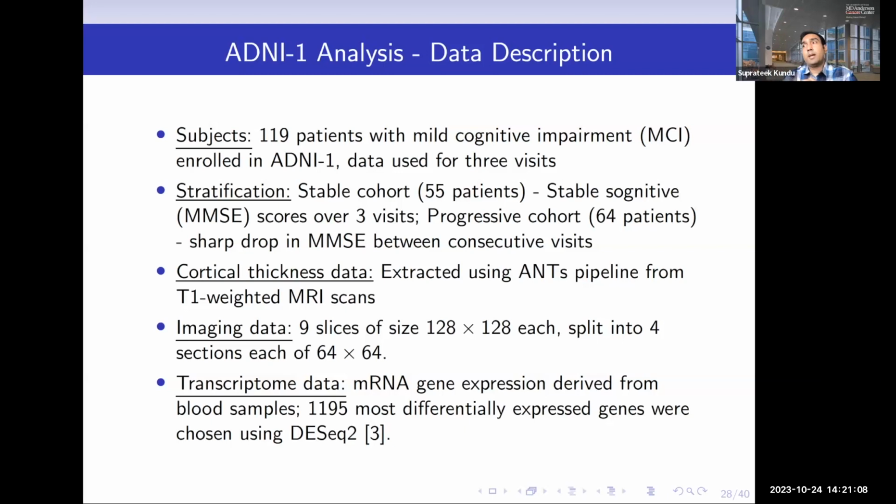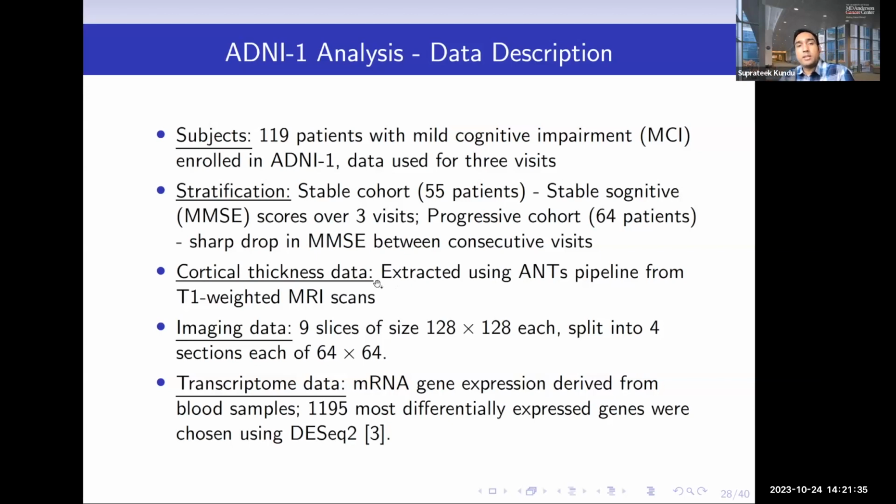And we figured that the imaging associations of these 2 cohorts would be different. And that is, in fact, what we also found in our analysis. What this tells us is that the association of the image and the gene, or the way that gene drives changes in the brain image, is supposedly distinct between individuals with varying cognitive abilities, which is, again, not surprising, right?